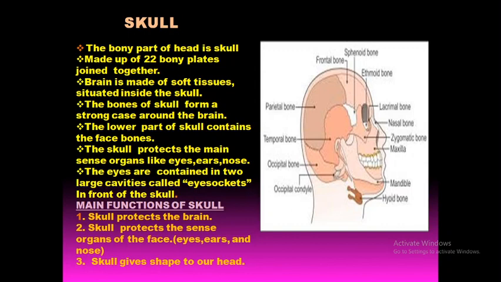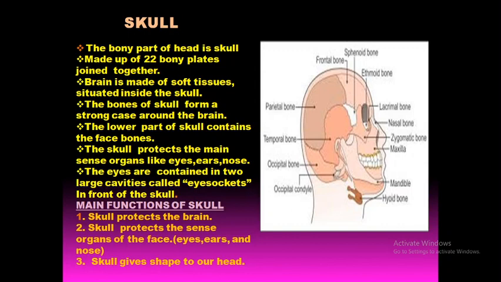So by this discussion, what have we seen? That is, the bony part on the head is the skull. Basically, the skull contains the brain, which is in the upper part of the skull. It contains 22 bony plates. The skull also, in the lower part, contains the face bone and the nose bone. The face contains different sense organs of our body, for example eyes, nose and ears. Two eyes are present within the eye cavities, which are known as the eye sockets.